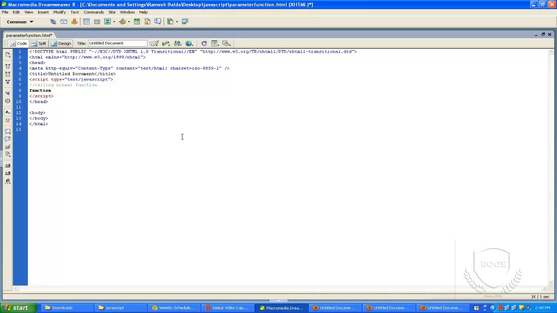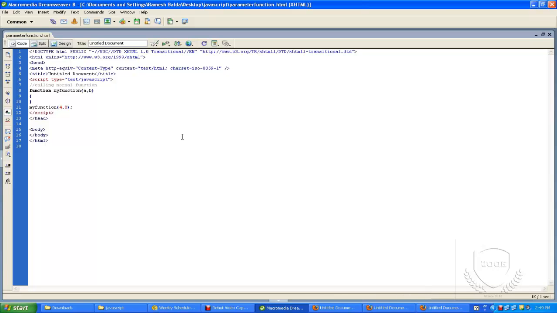This example shows how to return a value, something like myFunction. The function contains two arguments, let us consider two arguments, a comma b. So I'm passing values to myFunction, like 5 comma 8. So a is 5 and b is 8.